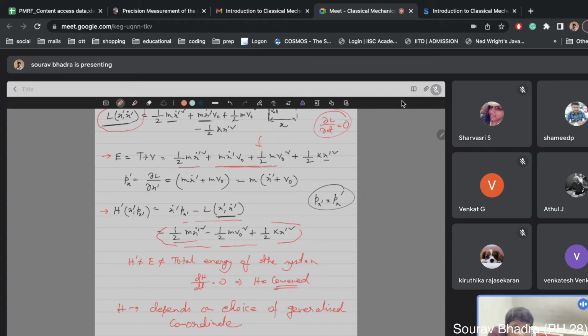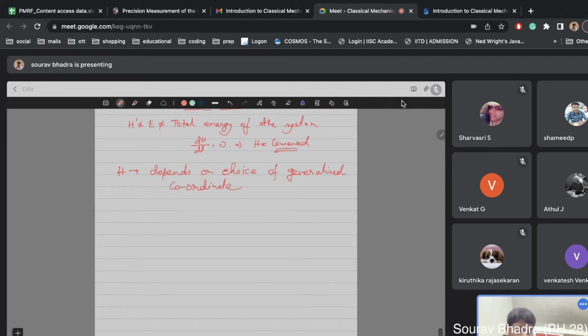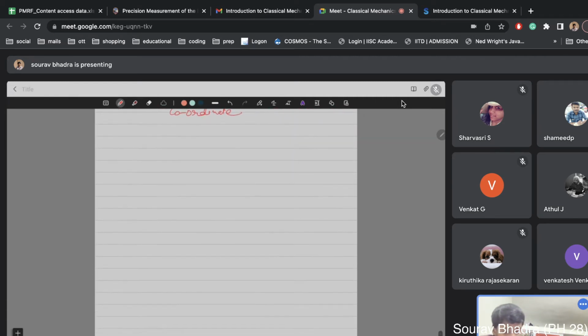Okay, so that's good. Now I will do another thing which is very important, called the homogeneity of space and the conservation of linear momentum. Okay, so homogeneity of space. Homogeneity of space means